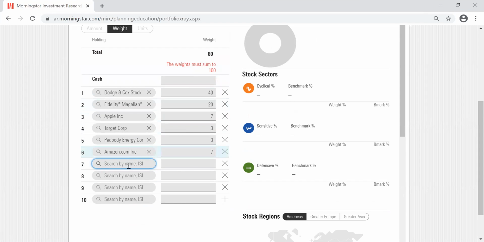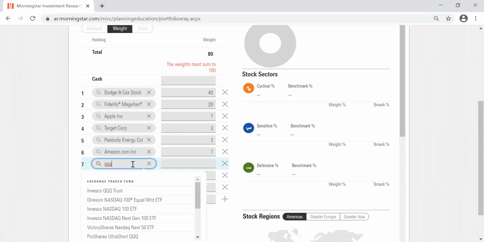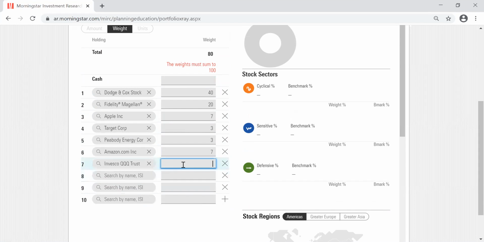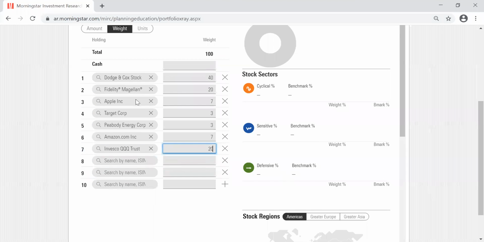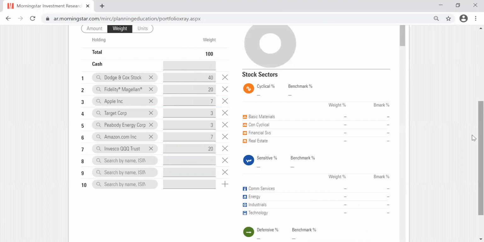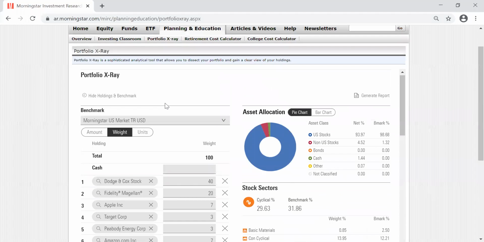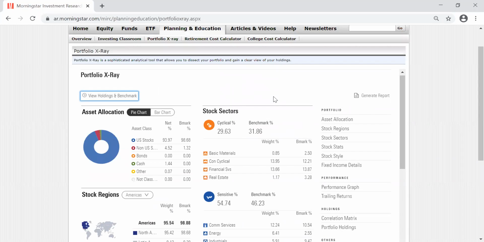So we're at 80%, and then just add this one in, put it in at 20. So now our weight equals 100. And then we could click on Hide Holdings and Benchmark in the top left, and it will expand the overview